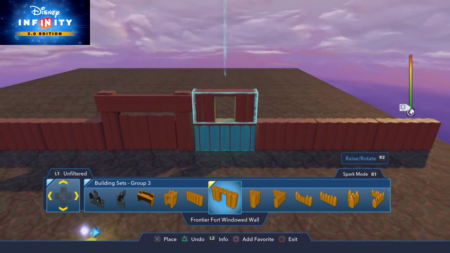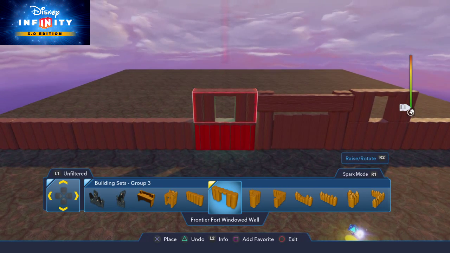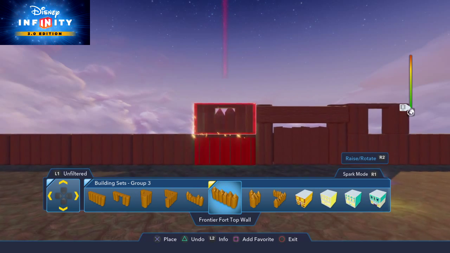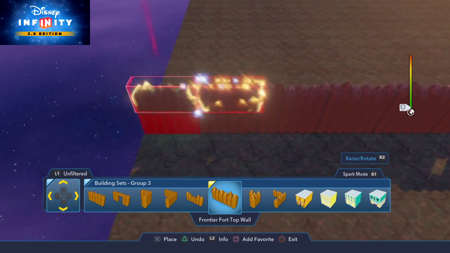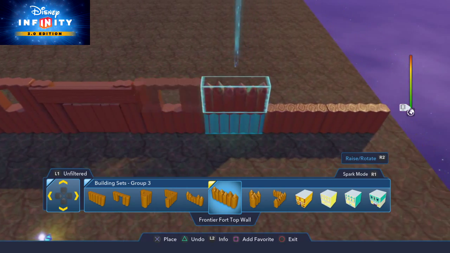Here we'll put some windows. I don't know who's going to be looking out at those windows because no one's going to be able to reach that, but to each his own, I suppose. Alright, let's put the spikes just to close off the walls. And I'm also still looking for